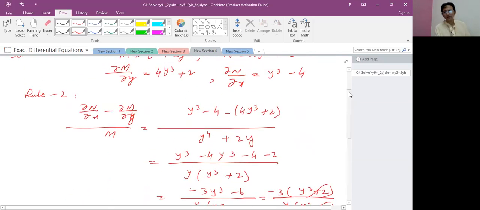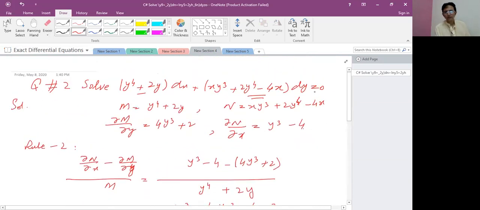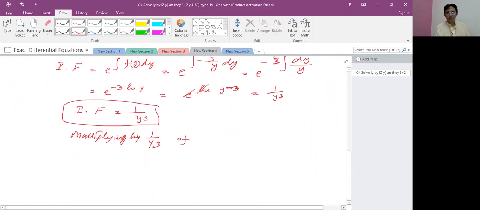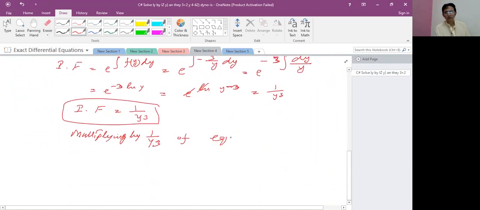If we write the name, this equation is called 1. So if we put here equation number 1, it means y4 plus 2y into dx plus